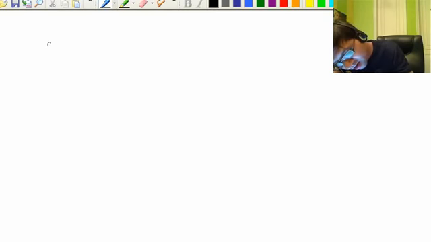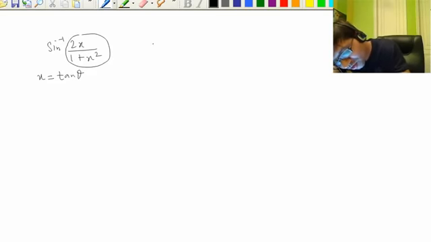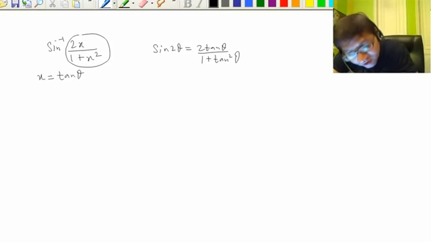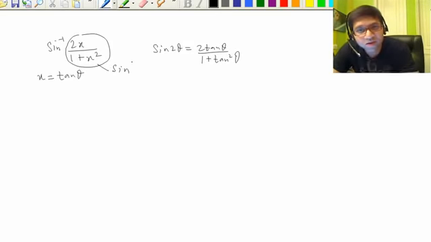So see, how we could use the same understanding. We have to break this into parts. One is sine inverse 2x over 1 plus x square. The way we do it is we replace x equal to tan theta, because you know this formula. From here the idea comes: sin 2 theta is 2 tan theta over 1 plus tan square theta. The idea is that we have to replace x equal to something here so that this can become a sine thing. If it becomes a sine thing, we can cancel sine inverse with sine.